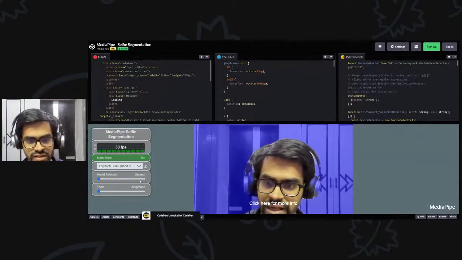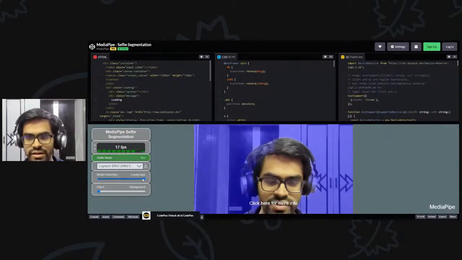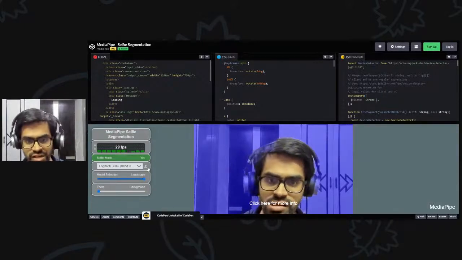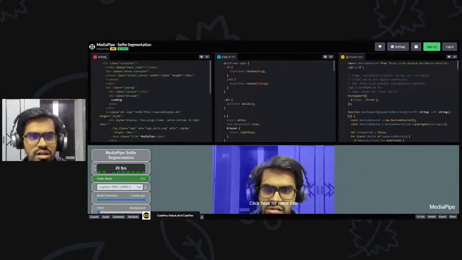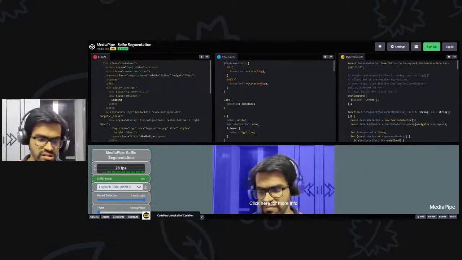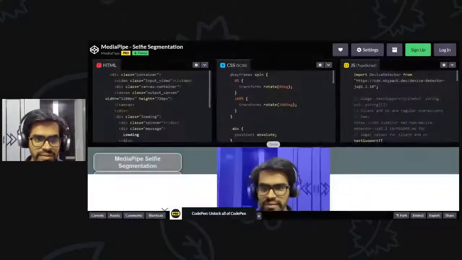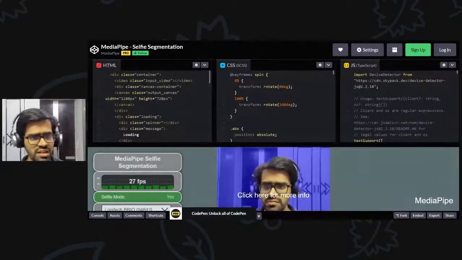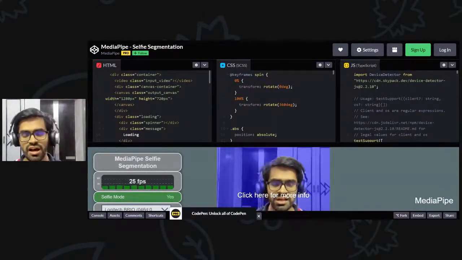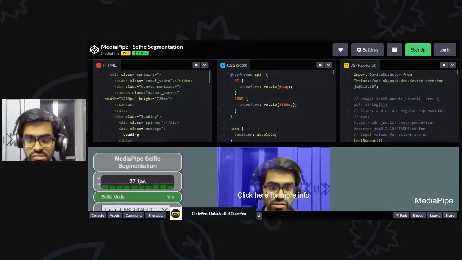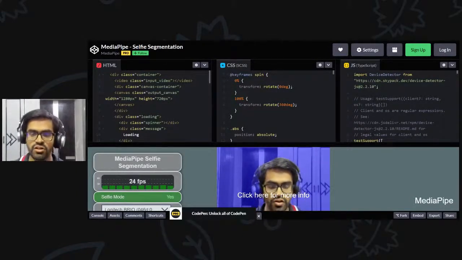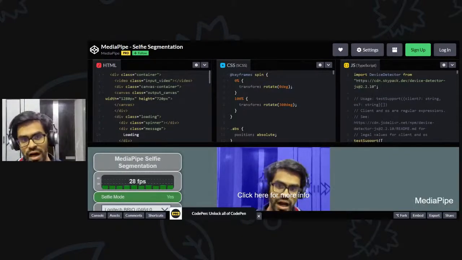And again, both of them are equally useful. Now if we just quickly go ahead and review the code of how it functions. On the left hand side you'll see that we have used some simple HTML, and we have defined the canvas where our input video stream is coming in, and then we are using a frame by frame version of that input stream, and rendering it on top of the canvas,